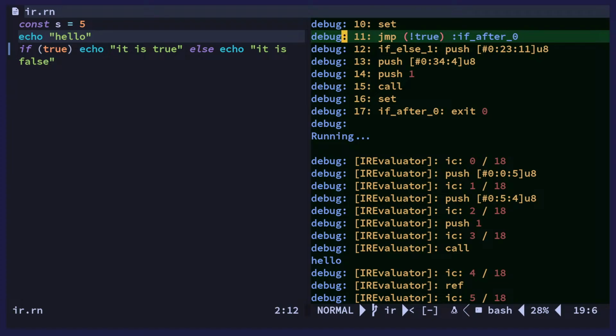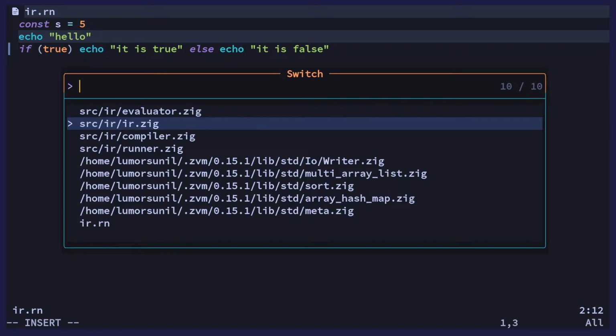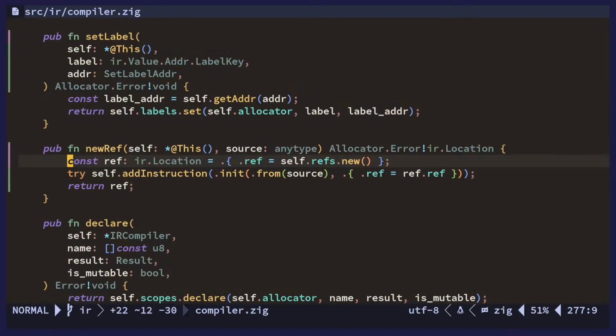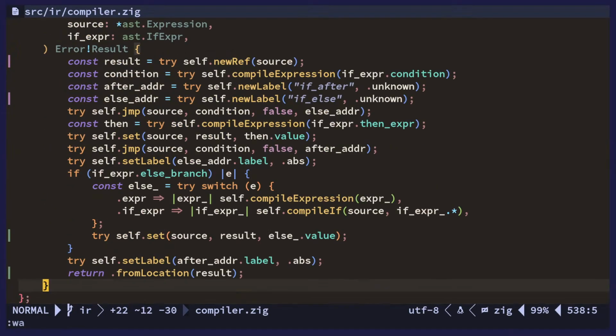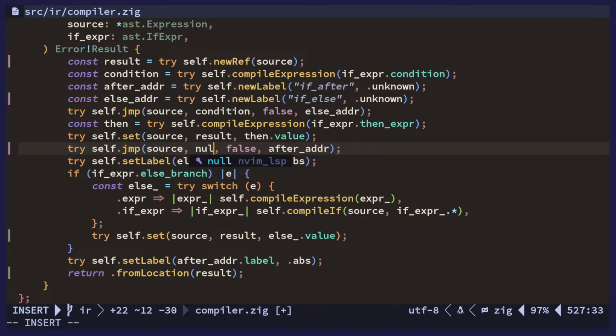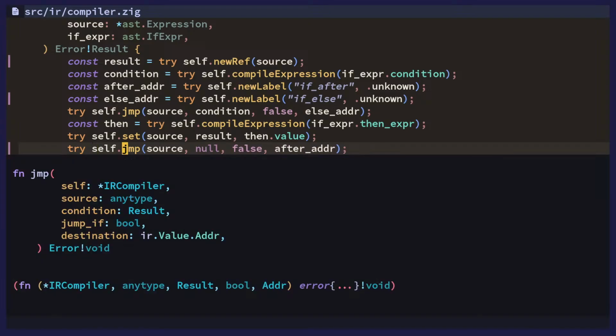It's showing like it's a conditional jump which jumps on true and false. So let's go to the compiler, and we can see this second jump uses a condition which is wrong,